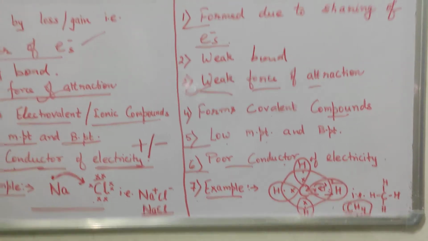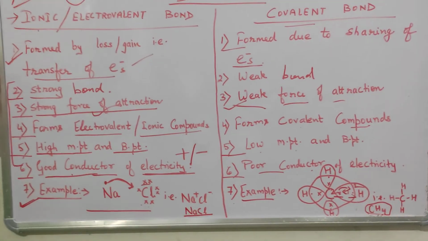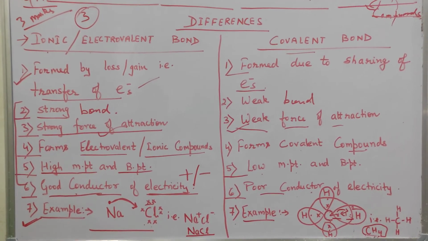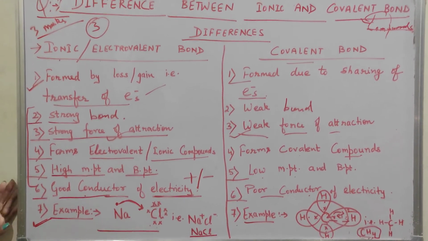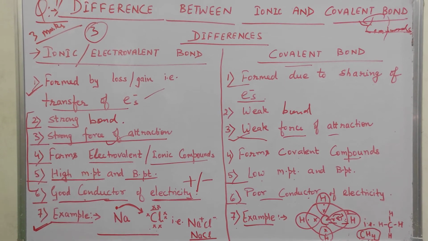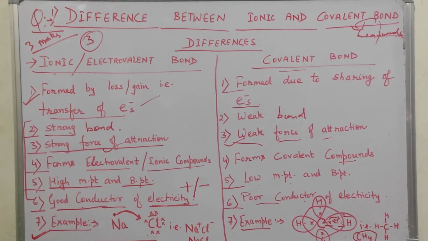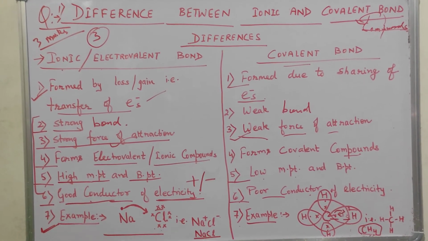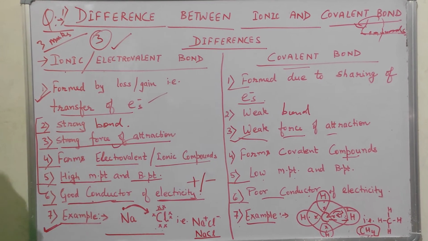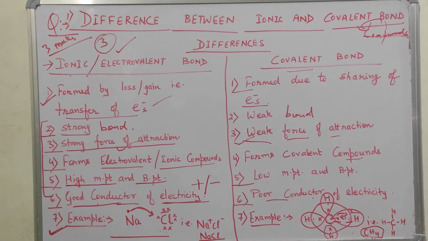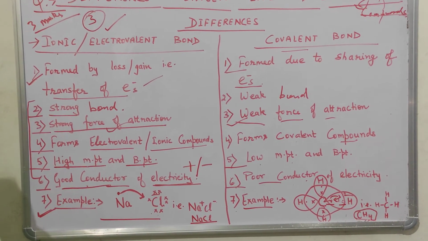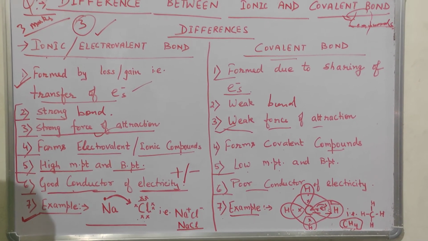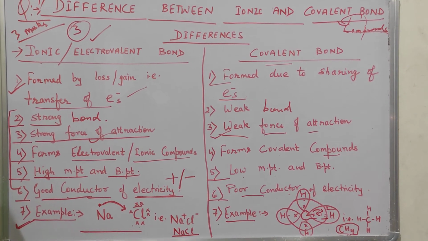So this much you have to write down, these points only, and yes, if you will present your answer in this way, it will be good for them also to go through your answer. They will not take much more time. They know, you know the answer very well, and you will score 3 marks there. So that's all for today. I hope this ionic bond and covalent bond is clear to you all.